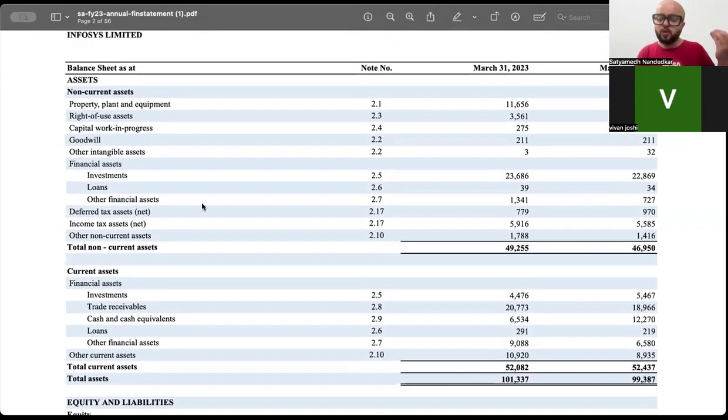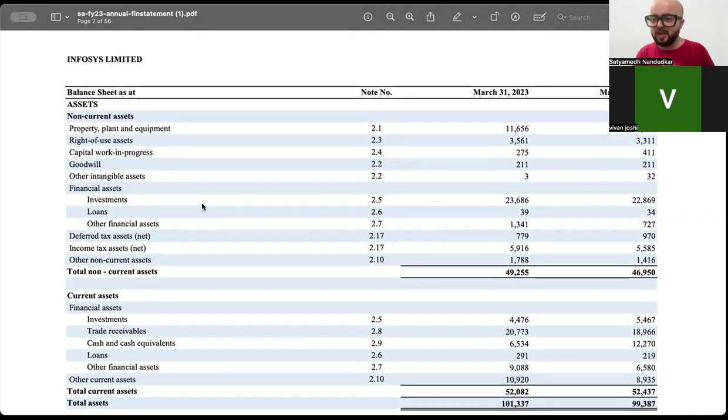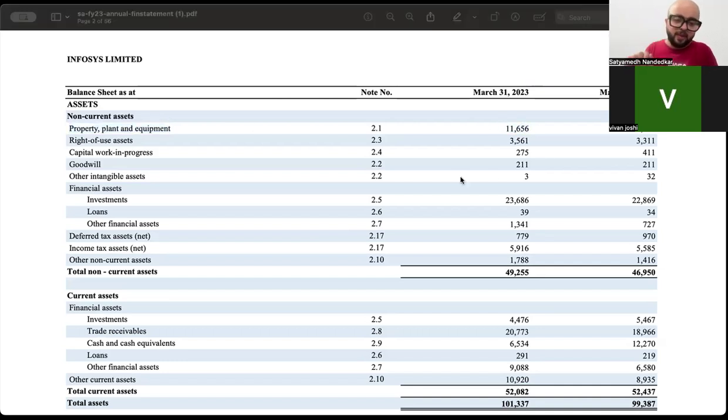Now, see who has prepared these financial statements? The management has prepared these financial statements. And what is the management saying when it writes down that property, plant and equipment is worth 11,656? What is the claim made by the management? The first claim is that yes, there exists property, plant and equipment. हमारे पास property, plant and equipment है. The existence assertion: the items shown in the balance sheet actually exist. These are not a figment of my imagination. ये मेरे पास है. Existence assertion.